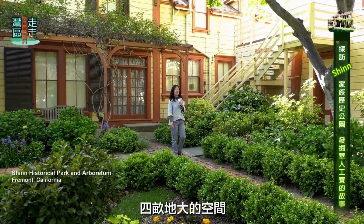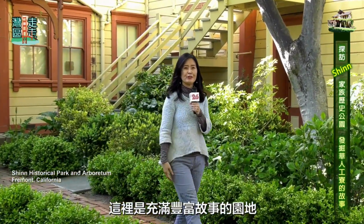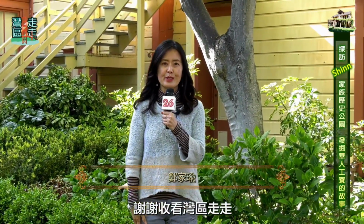4亩地大的空间，这里有故居、有博物馆、有花园，还有华人的遗迹。这里是充满丰富故事的园地。谢谢收看《湾区走走》，更多内容请上 KTSF 网站。